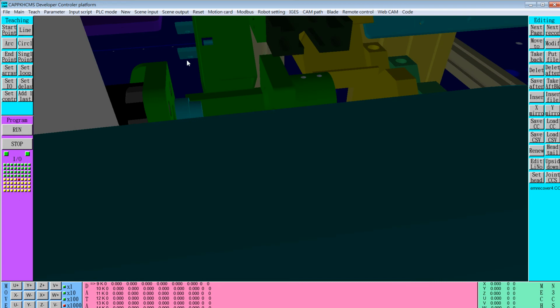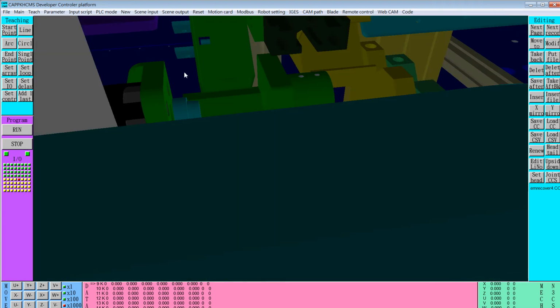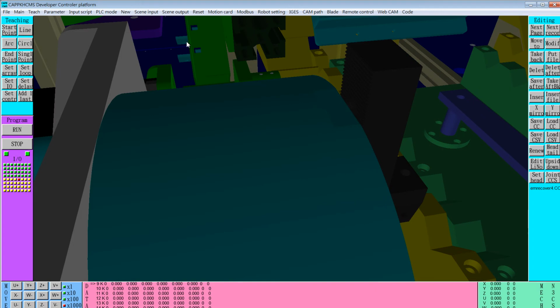You can see from here. Okay, this is the cutting cylinder, this is the leading cylinder. This is upper, this is lower. Then number 3